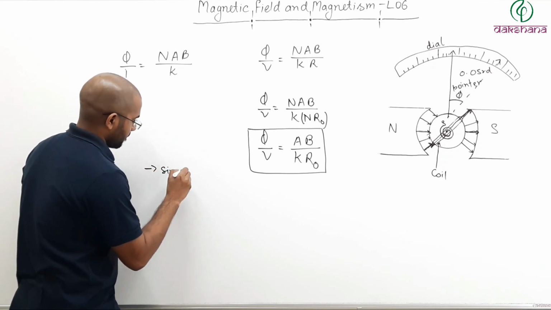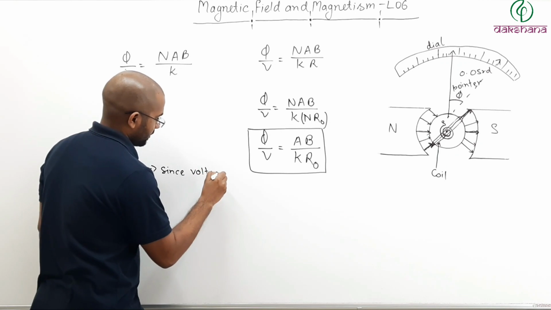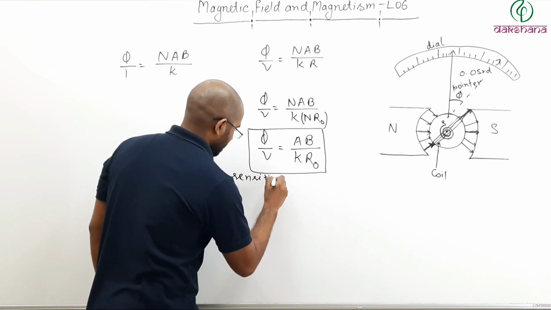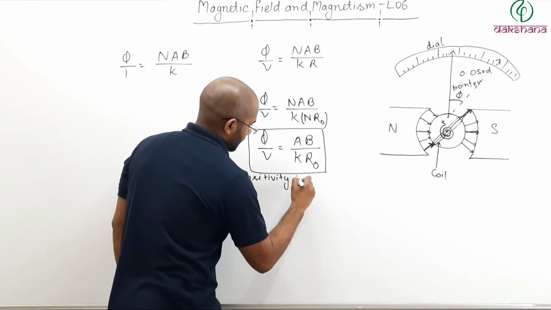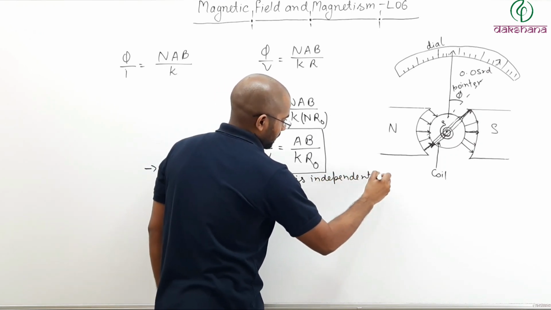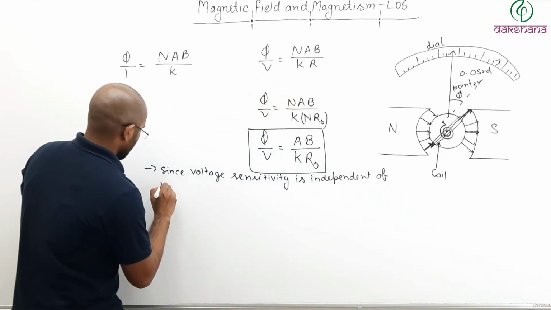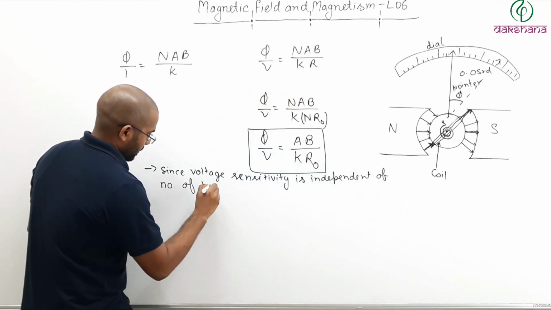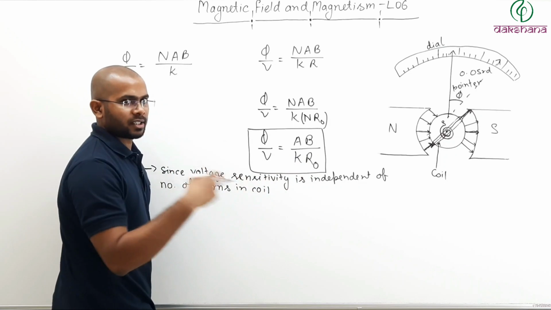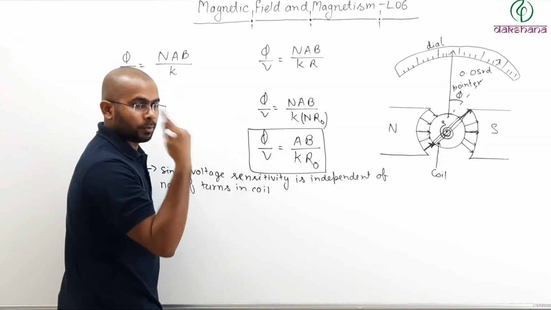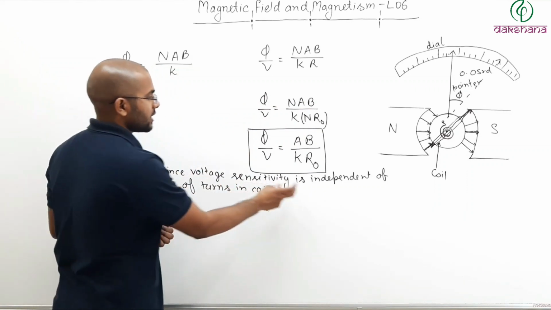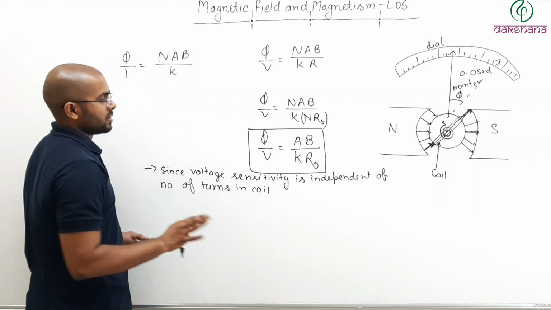Since voltage sensitivity is independent of number of turns in coil. Here R naught is the resistance of one coil, one loop. Here R was total resistance of all those N loops. So since voltage sensitivity is independent of number of turns in coil,